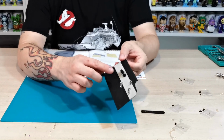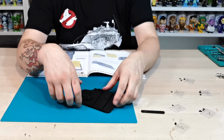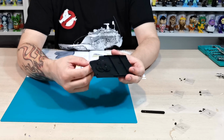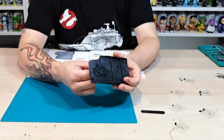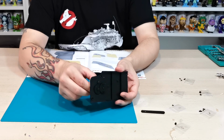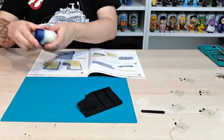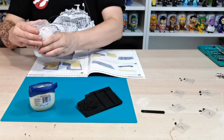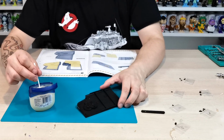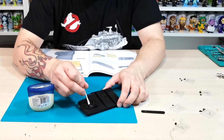So once you've fitted the door handle on there like that, and that's in place, what we can do just to help these mechanisms here, because as you can see, when they wind, they go around nicely, but what we want to do is just add something to it to help that mechanism a little bit more. So what I'm going to do is grab some Vaseline, just a little bit of Vaseline and a cotton bud. You can use some grease, just like all general purpose grease if you want to, and just wipe these in where the cogs will meet,